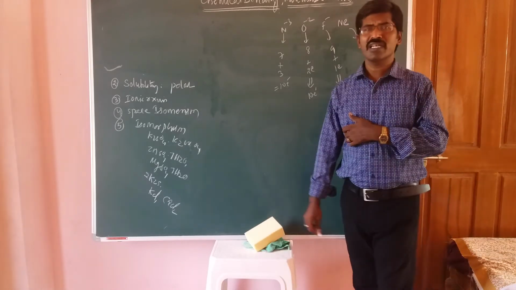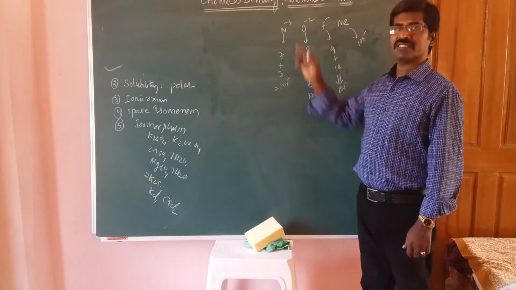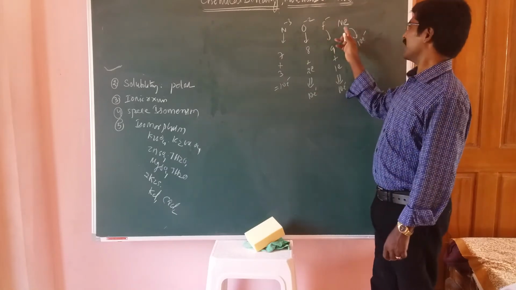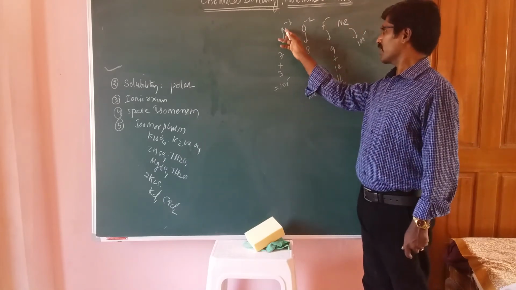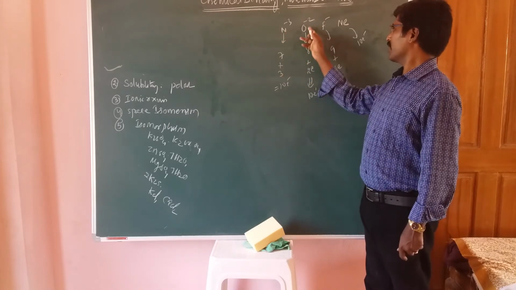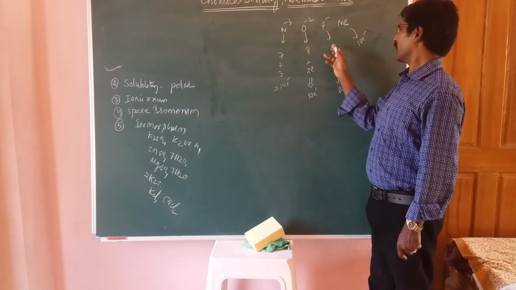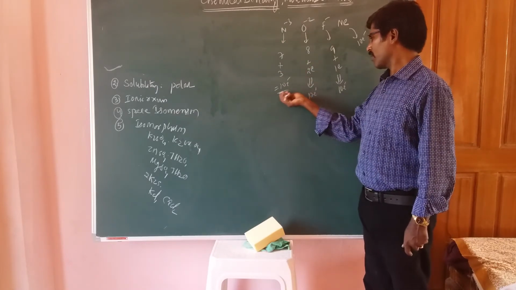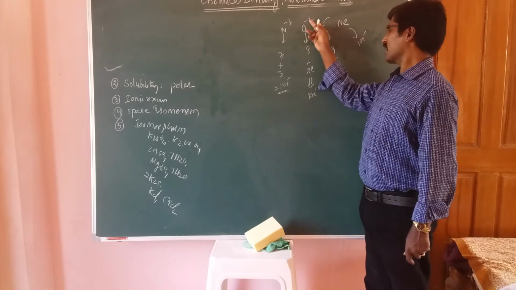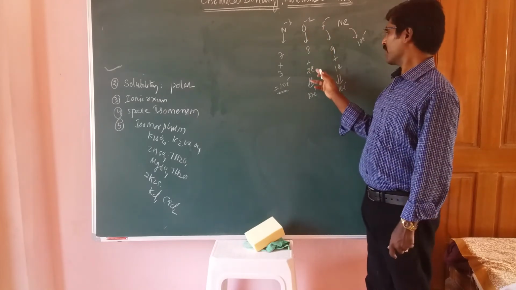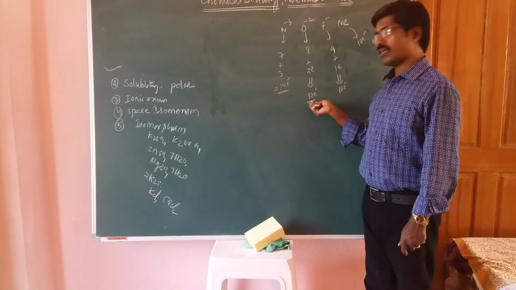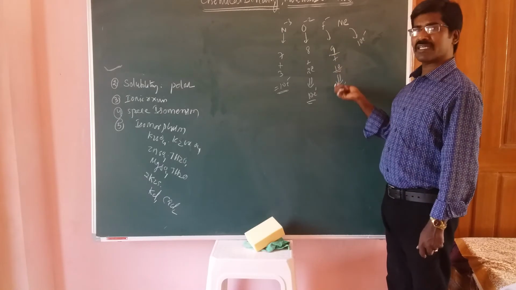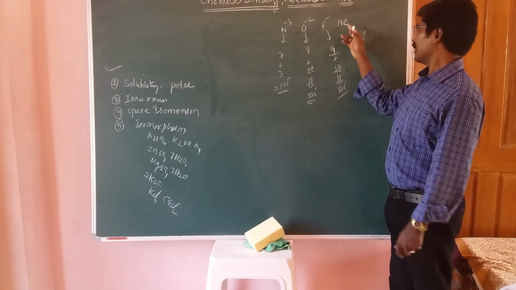Now tell me what is the relation here? Nitrogen N³⁻ ion, oxygen O²⁻ ion, F⁻ ion, Ne neon. Now the atomic number of nitrogen is 7, of oxygen is 8, of fluorine is 9. But if you add 3 electrons, that equals 10 electrons. Okay students, oxygen has atomic number 8, plus 2 added electrons equals 10 electrons. Fluorine has atomic number 9, and if you add 1 electron, that equals 10 electrons. Neon has 10 electrons.